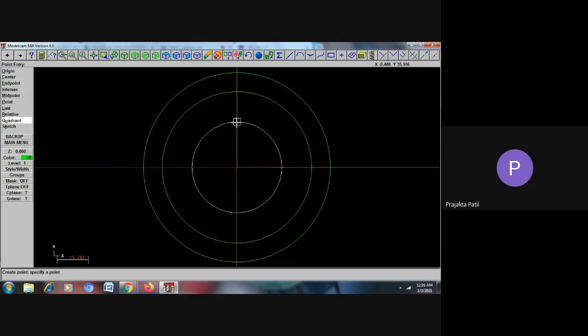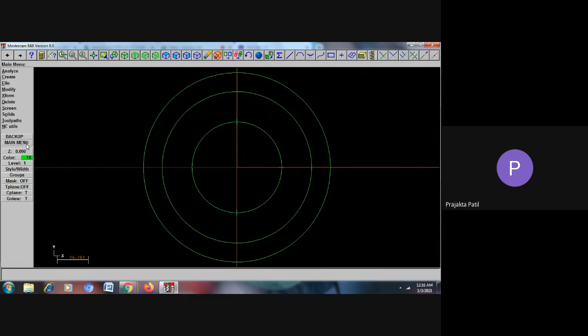So this is my point 1 where the drilling has to happen, and here at the point of intersection you get the square box. That means it has selected the exact region where the intersection of the y-axis and the 72 diameter circle is happening. So these are the 2 points where the drilling has to take place.